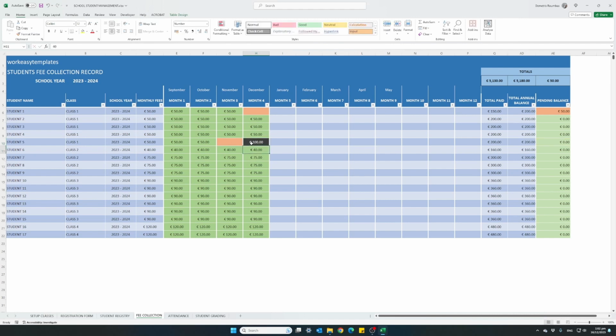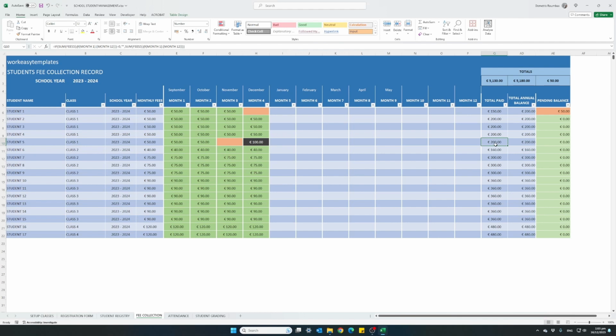100 euro. You can see that this cell is now marked with a black color and white font, meaning that they overpaid for this month, but their total is correct. They don't owe anything to the school, and they have paid the whole amount they owed. So basically this is it. You just need to keep filling in the data of each student's payments as they come along, so you have an up-to-date picture of what the school finances are, which student owes, and which students have been